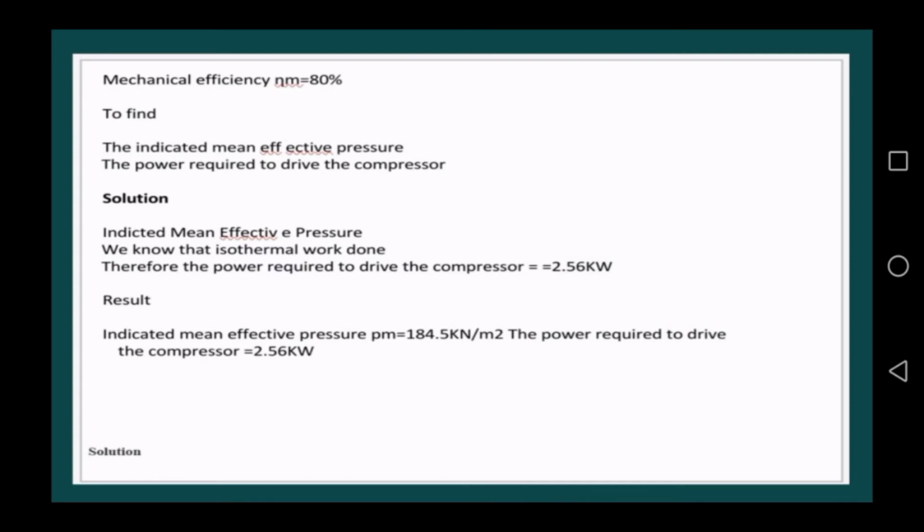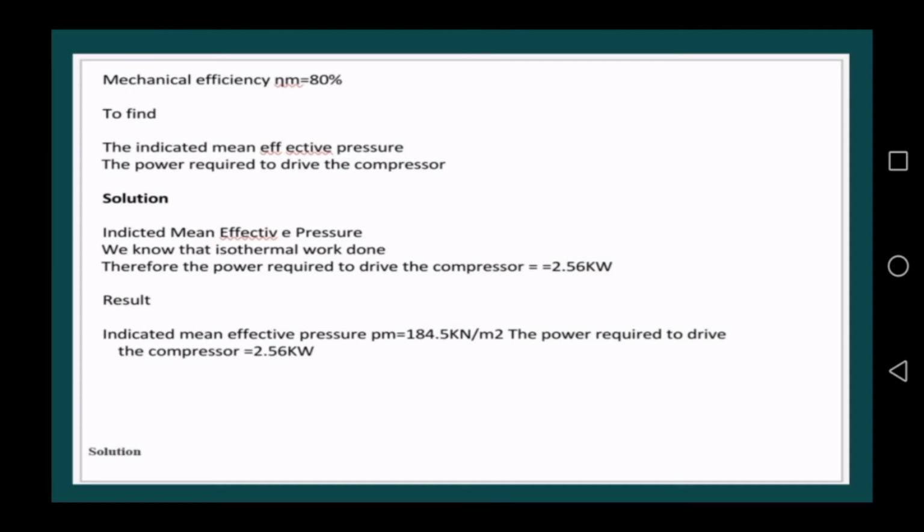Solution. Indicated mean effective pressure, we know that the isothermal work done. Therefore, the power required to drive the compressor is equal to 2.56 kilowatt. Resulting indicated mean effective pressure PM is equal to 184.5 kilonewton per meter squared. The power required to drive the compressor is equal to